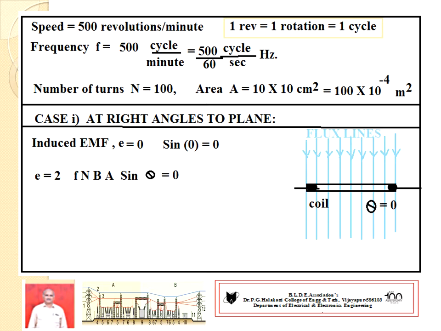Getting the idea? He has given the condition perpendicular to flux lines, first condition. But the theta used in the expression is measured with respect to x-axis. X-axis lies perpendicular to flux lines. Hence, theta equal to 0. So, sine of 0 becomes 0. Hence, induced EMF also becomes 0. Try to understand.